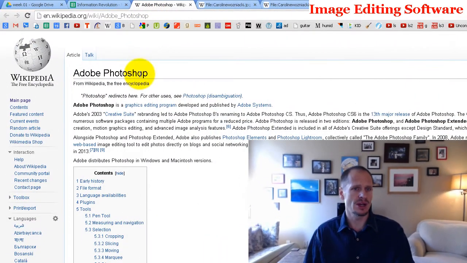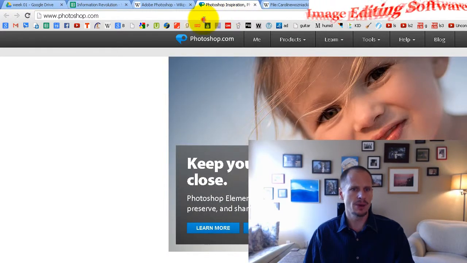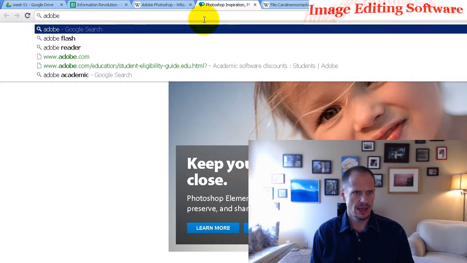The next piece of application software for us to talk about is image editing software. When we talk about image editing software, there is really only one industry-leading option for anybody to use, and that is Adobe Photoshop. They are the lead image editing application software that's out there. It's Adobe Photoshop, and you can find that at Photoshop.com, or you could also just go to Adobe,